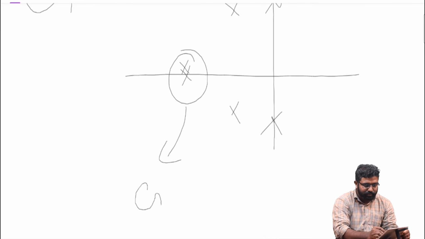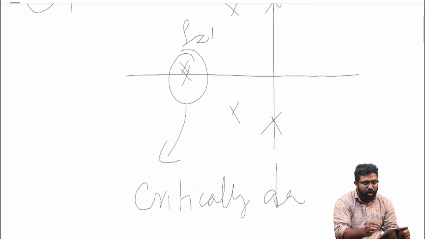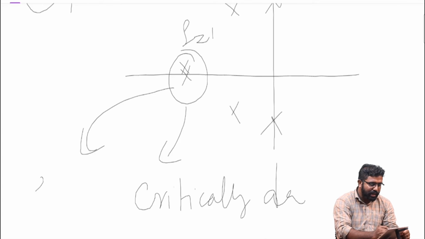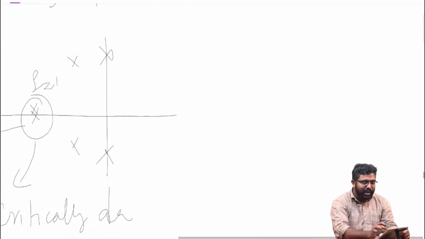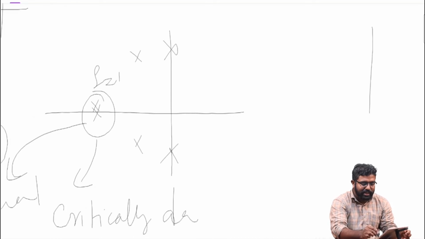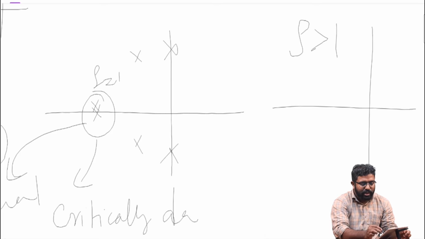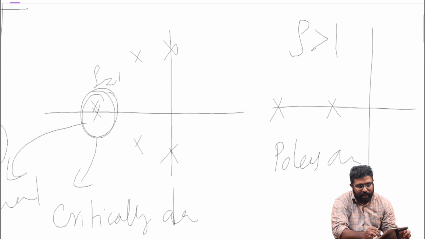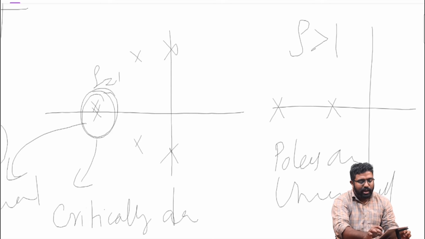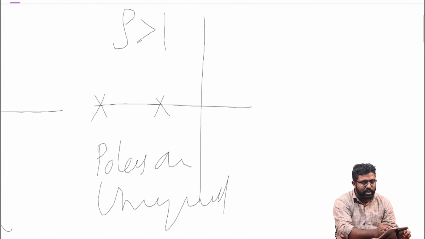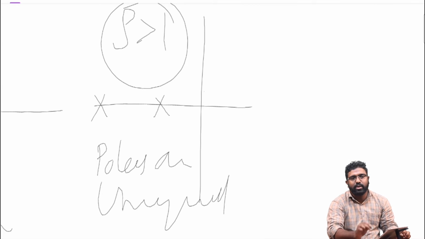This is called a critically damped system. Here theta equals 1. All poles are equal, real with negative real parts. Again, if you increase theta so that theta is greater than 1, the poles move away from the theta equal to 1 point. One pole moves like this, the other pole moves like this. Here the poles are unequal, and the response is very slow. The response for theta greater than 1 is very slow, and it is seldom used.